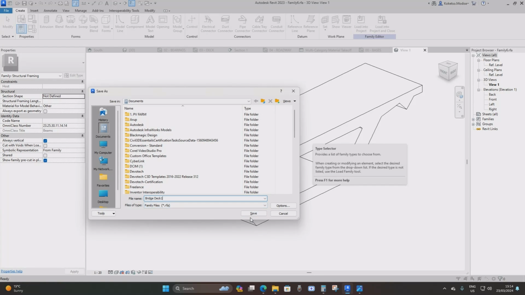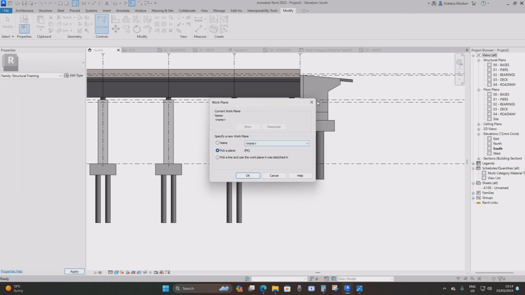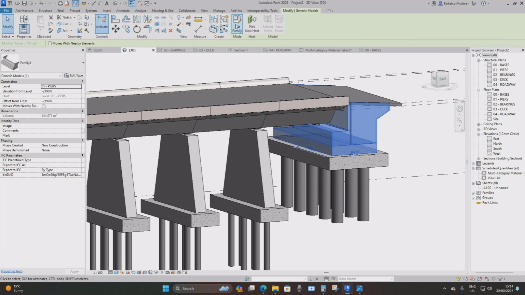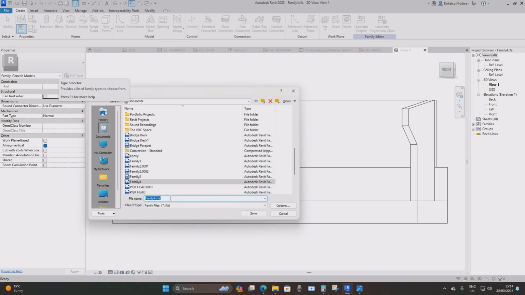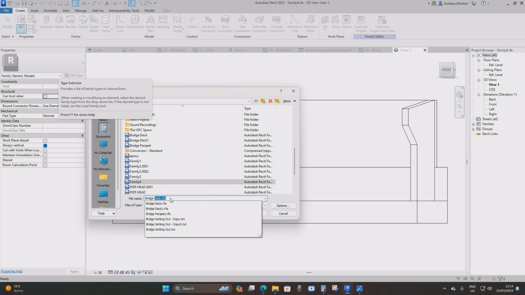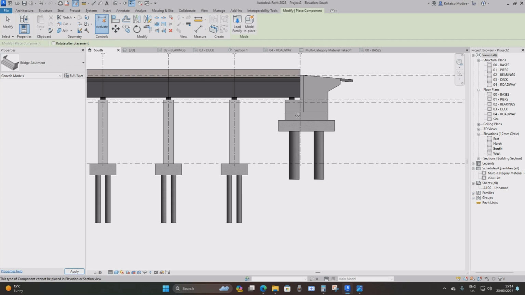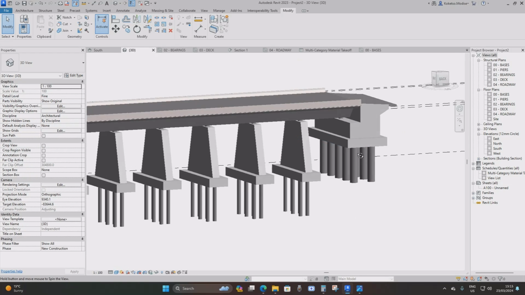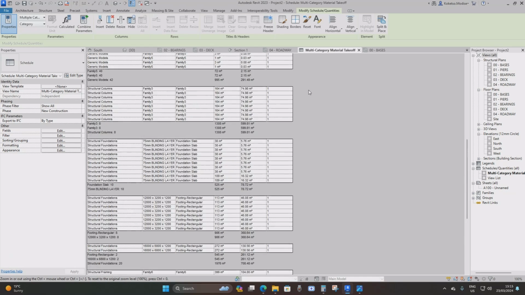I saved so many bridge decks, so I'm going to name it one. Save, load into project and close, and then go back to my 3D view, select this, edit family, file, save as bridge abutment, save, load into project and close, go to my 3D view again, and I think that is it. So when I go back to my material takeoff,